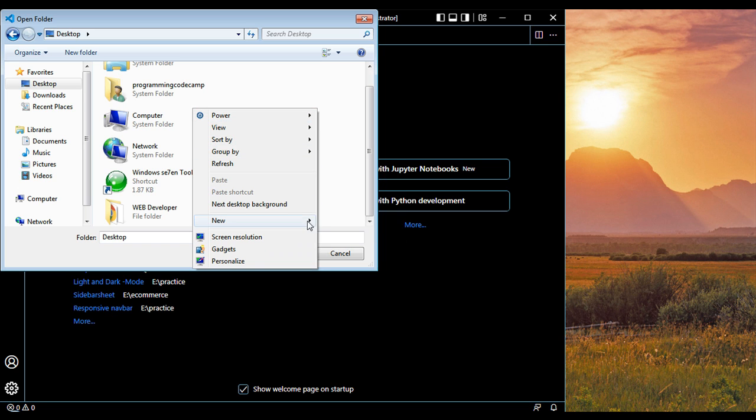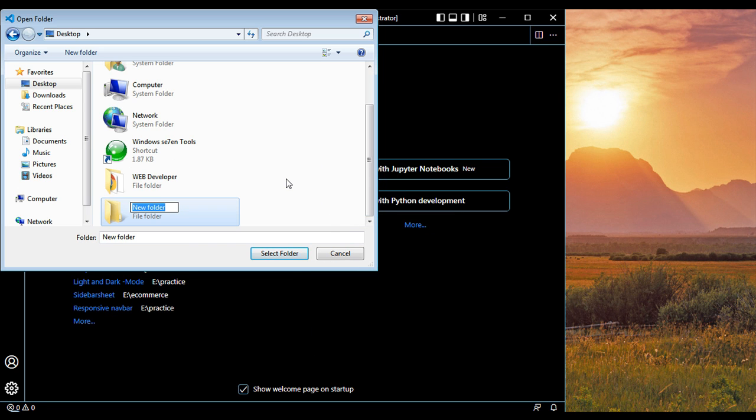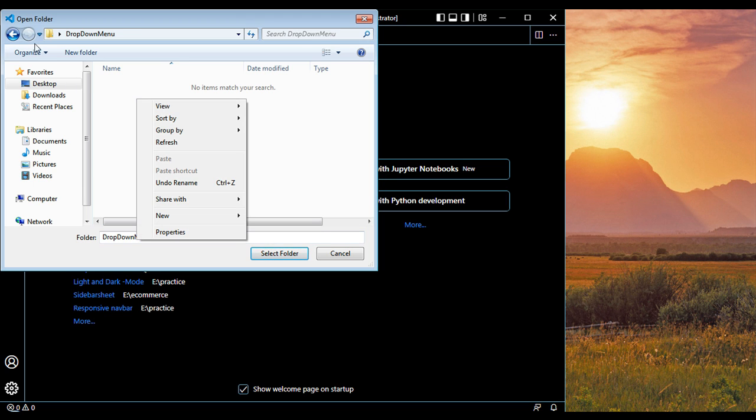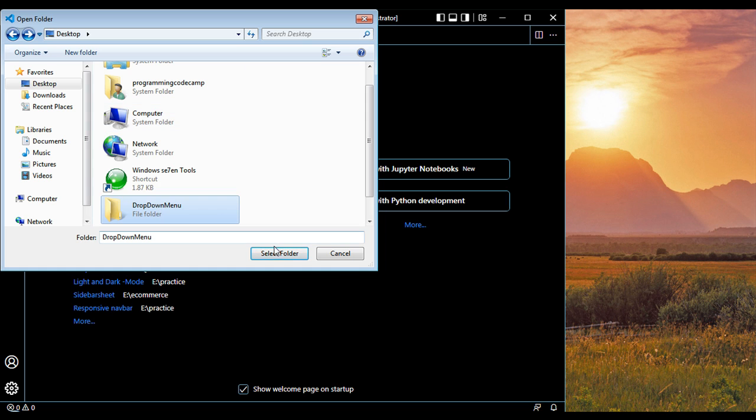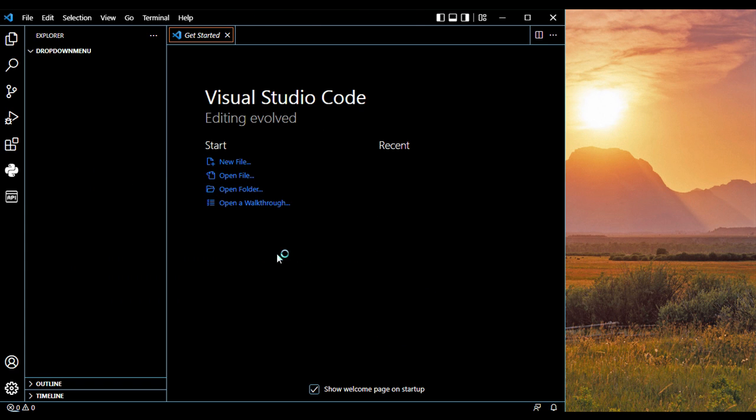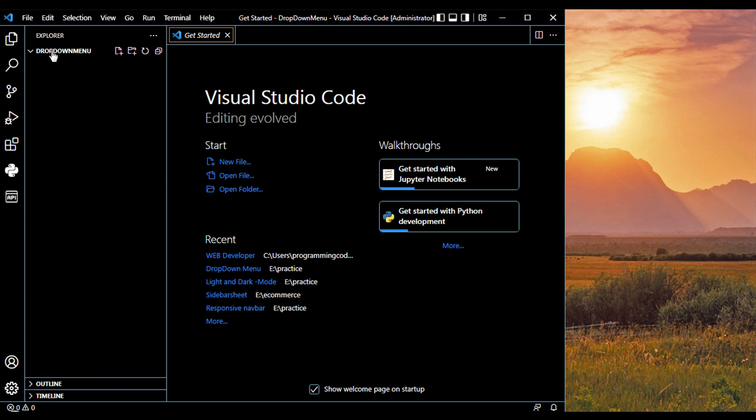We can create a folder by the name of drop-down menu, and select open. Inside this folder we can create a file by the name of index.html,